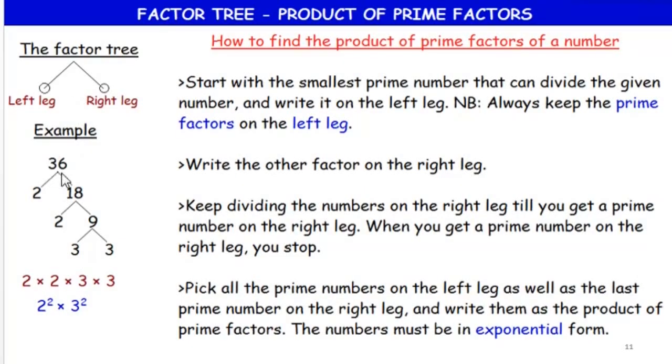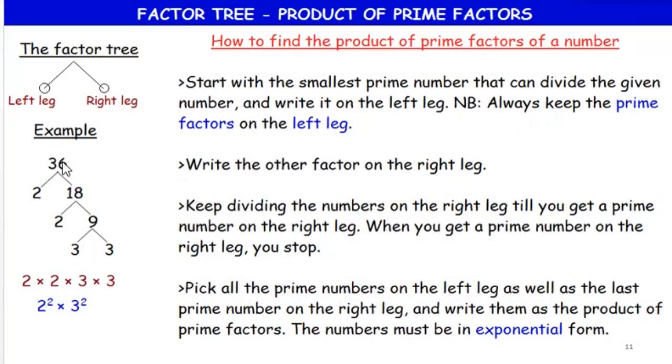So what we do is that we open the factor tree, right? Open the factor tree, and then we write the smallest prime number that can divide the number 36 on the left leg, right? And let me give you this simple clue. Now,